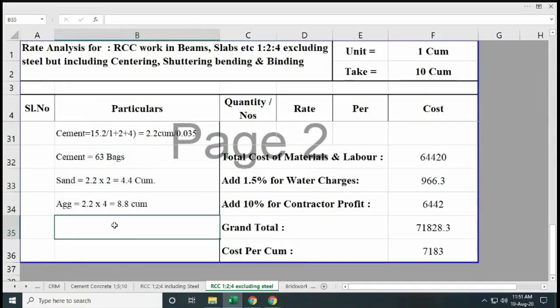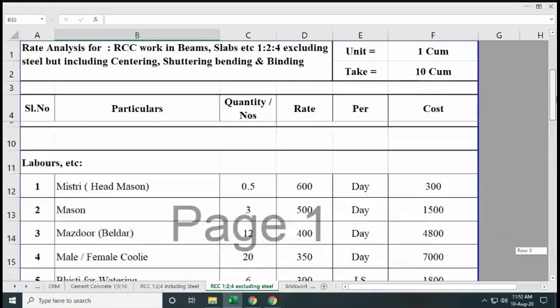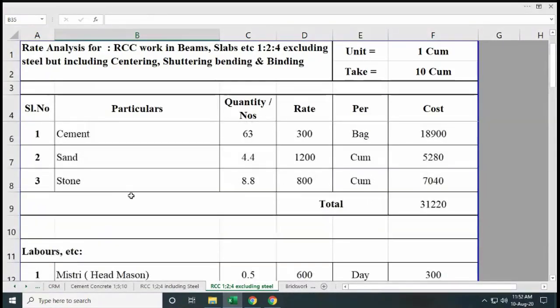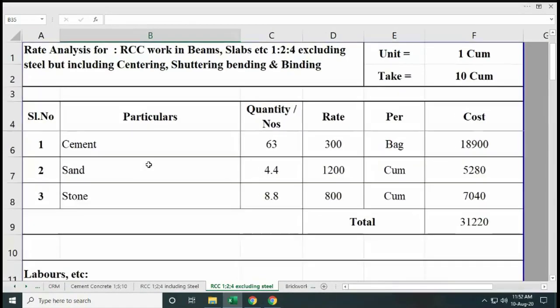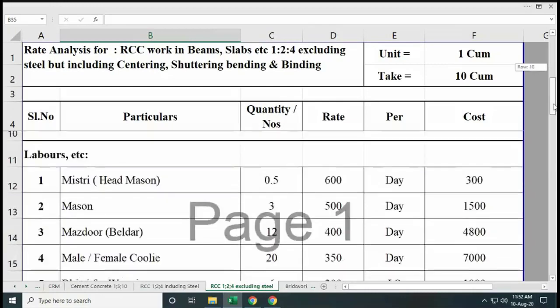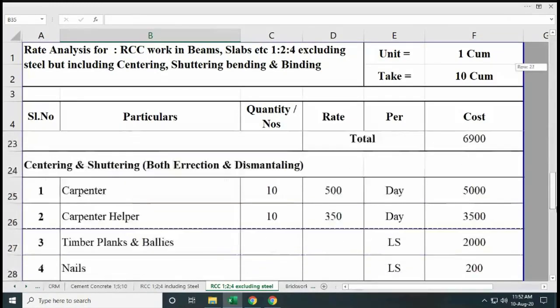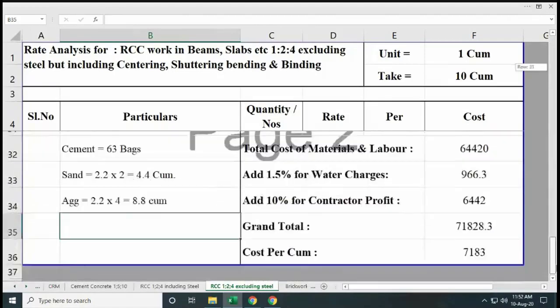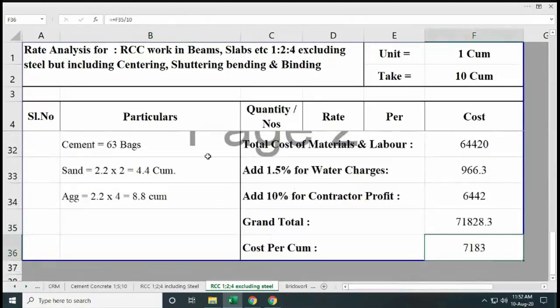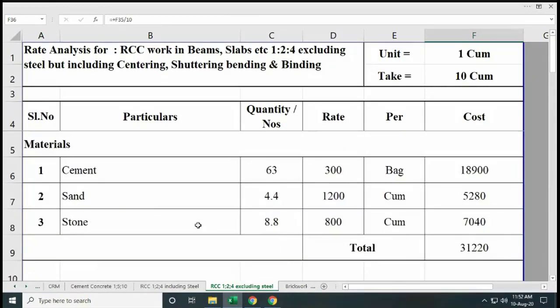Only thing is that here we had written steel and binding wire. So that is removed from this table. Other things will remain the same. That has to be removed and we have to add up all these rates, that is labor rates and all. If you add up, you will get this amount. Right? In this, we are going to do it for RCC works. Right? So I hope